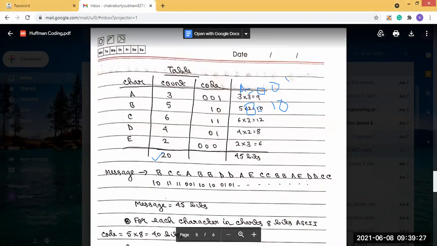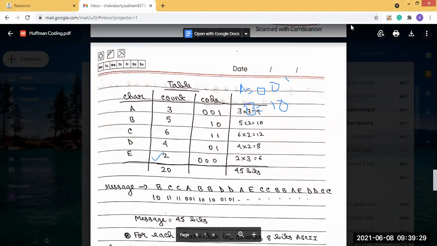Okay, so now you see what has happened. In the previous case, in the fixed size code, we saw all 3 bits are required. But if you observe, whichever characters appear more times in the message, their bits have been reduced.